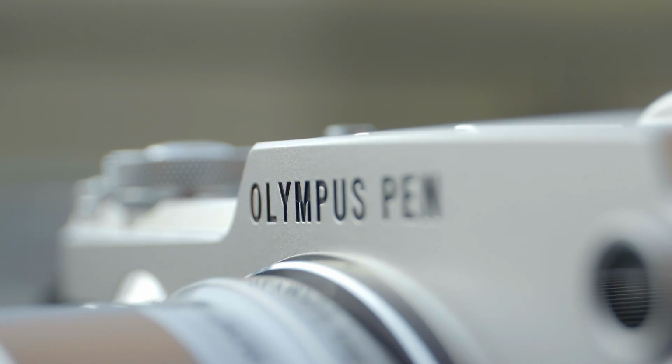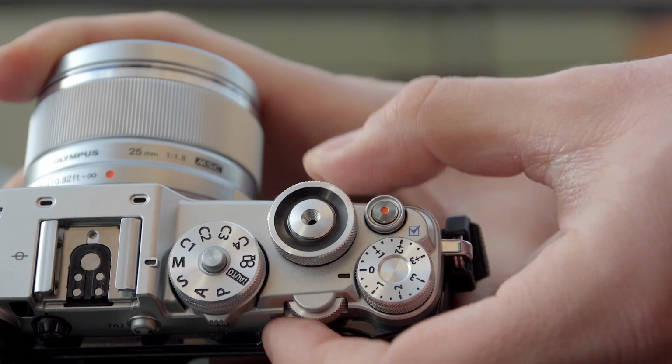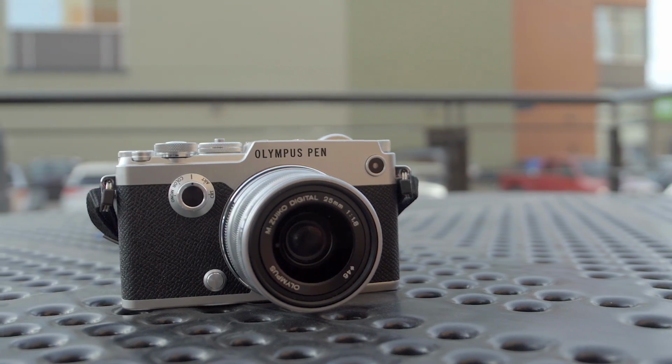Yeah, ignoring all of that very important and very pertinent information, this camera has class, and look at this Olympus Pen. But for me, what's really important is the video quality on the GX8. I've griped about the mic jack on it and stuff like that, but the raw video quality coming out of this is phenomenal, and more importantly, the menu system, when setting it up for video, makes logical sense for a normal human being. And it's absolutely a beautiful camera, and I love the feel of the dials, the control dials on everything are wonderful, but I do think you're paying a big premium for aesthetics on this camera,